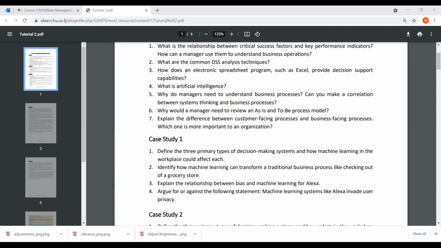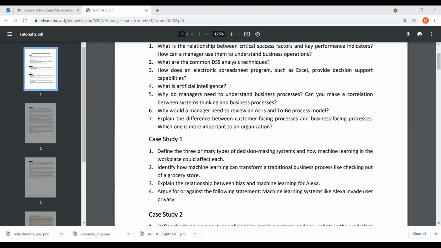Now, this was the first primary type of decision-making system. We talked about operational level. We defined it: these are the employees who maintain core business activities and look after the day-to-day operations of a business. Then what kind of decisions do they make? They make structured decisions. What is the purpose of structured decisions? They offer potential solutions. And what is a structured decision? These are decisions that are frequently made and are repetitive in nature. And moreover, they are short-term business strategies.